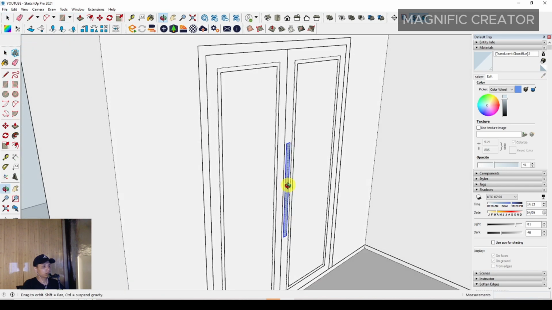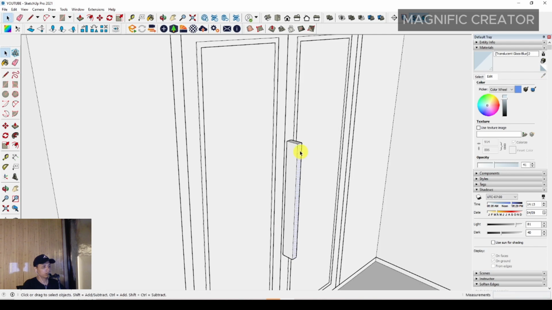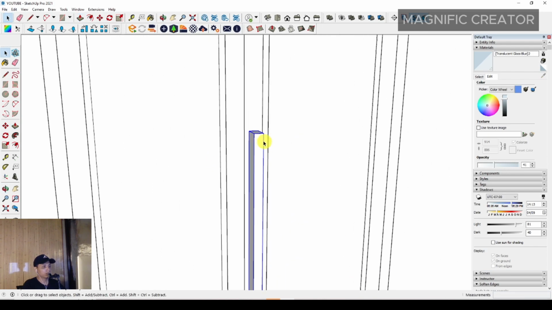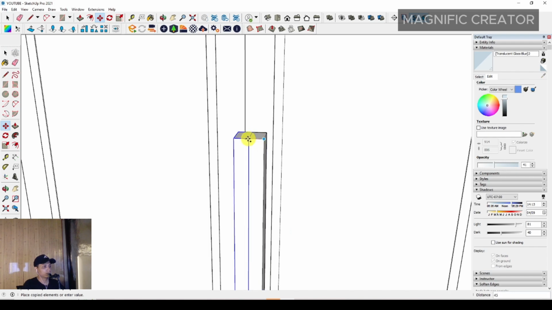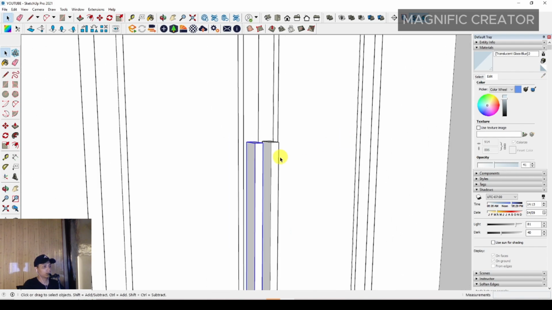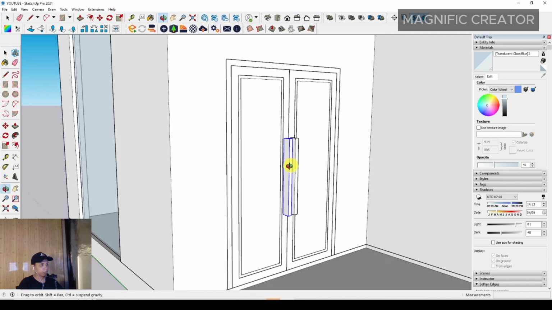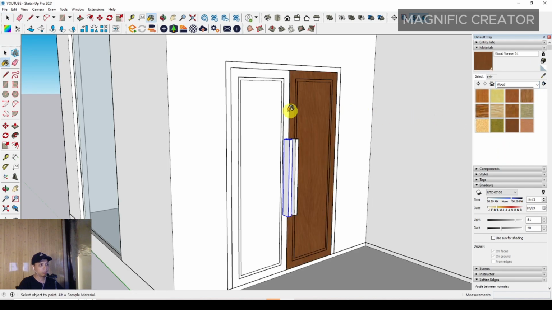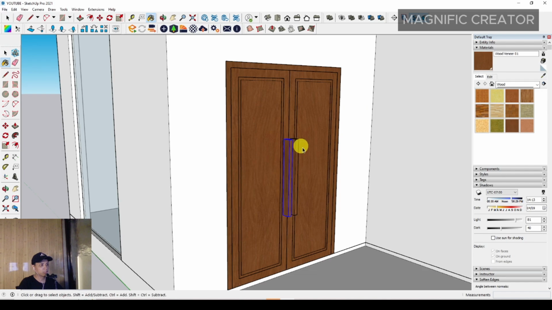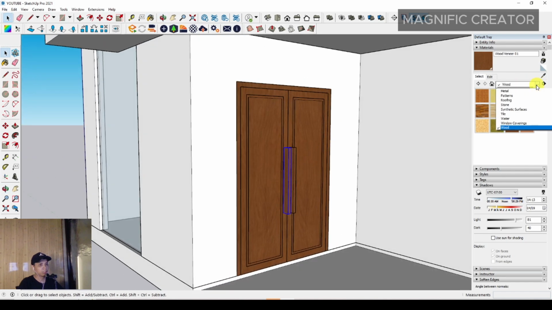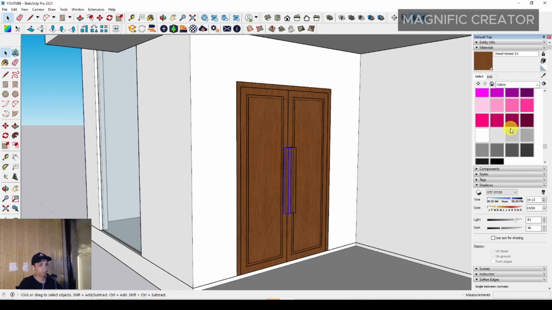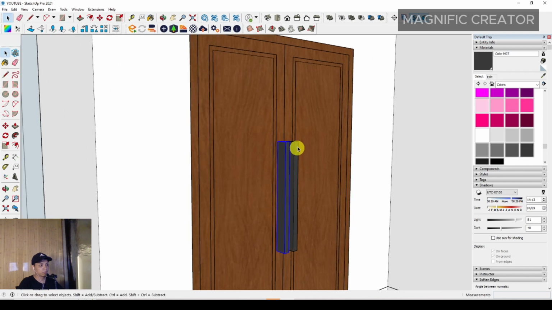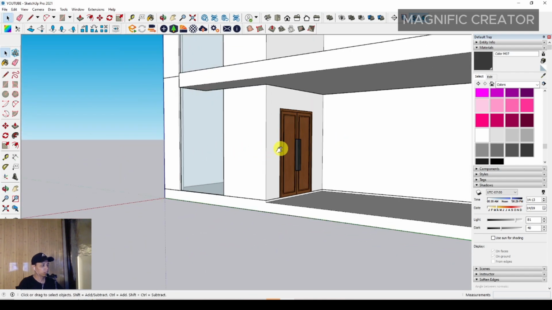Then we have to push it to the front just a little bit, triple click and make it a group, and move it to the left side just a little bit. Okay, and then we can create the material of the door itself by selecting this option. We can select the wood, and we can select this thinner wood. Okay, something like this, and maybe we can select a dark color for the door handle itself. We can just assign it. Okay, and after that